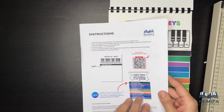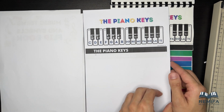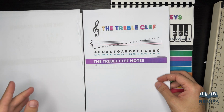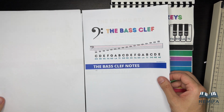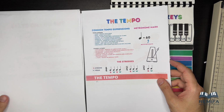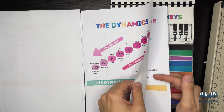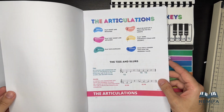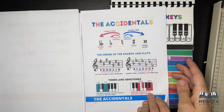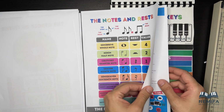Now, let's go through the tabs here. So we have the title front page, right? The piano keys, the piano fingers, which both of these tabs can be changed. We have the treble clef notes as well in ABC and Do Re Mi. We have the bass clef notes, the grand staff, as well as the bar lines. We have the tempo. We've got also the dynamics, the time signature, the articulations, the accidentals with the order of the sharps and flats, tones and semitones, the circle of fifths, the notes and the rests, and at the end